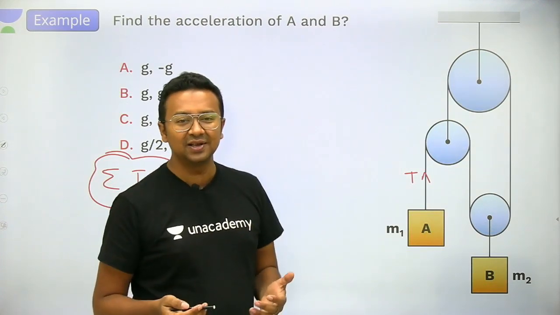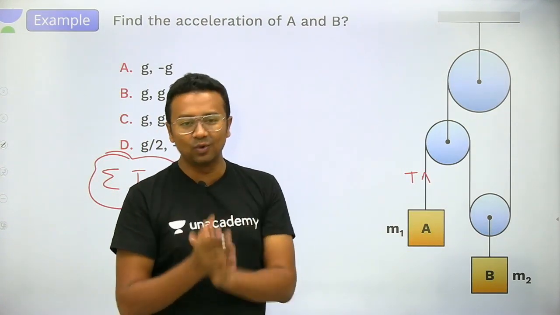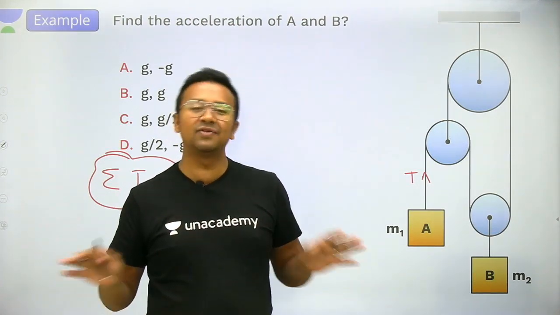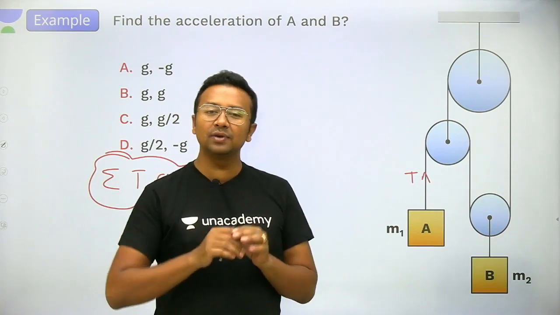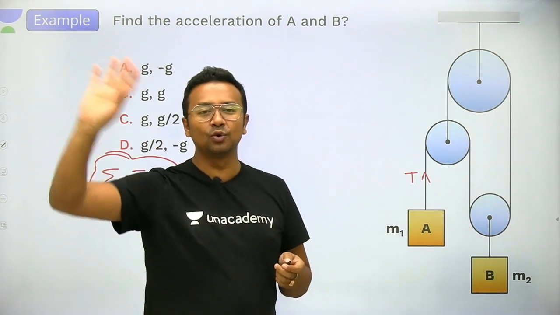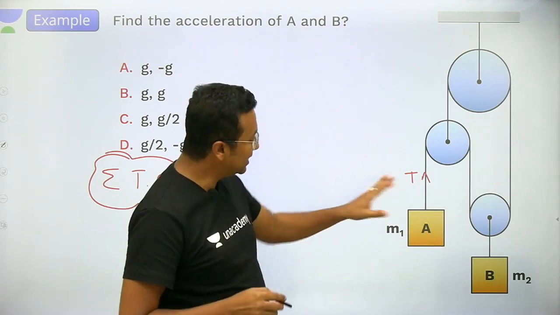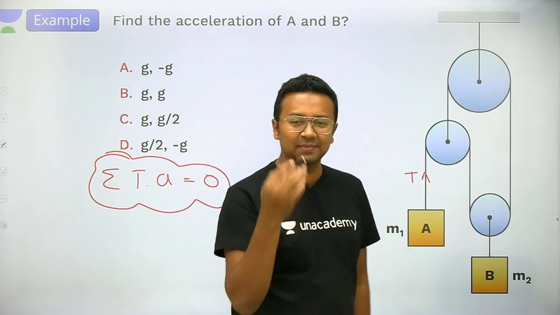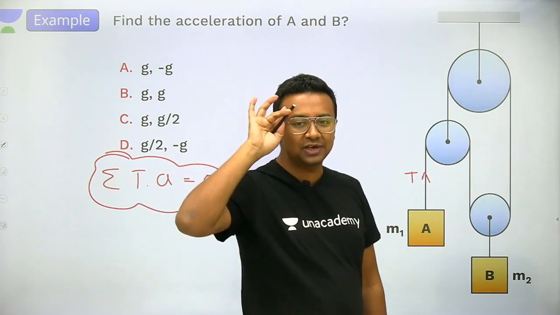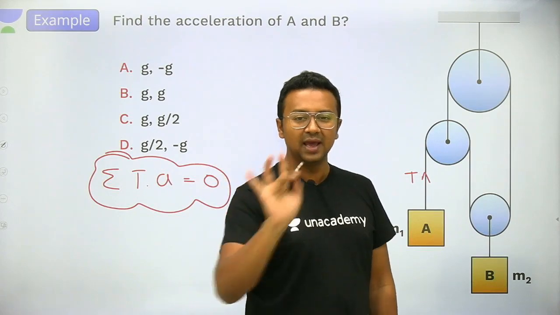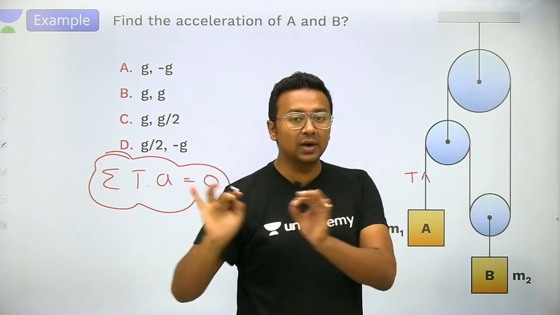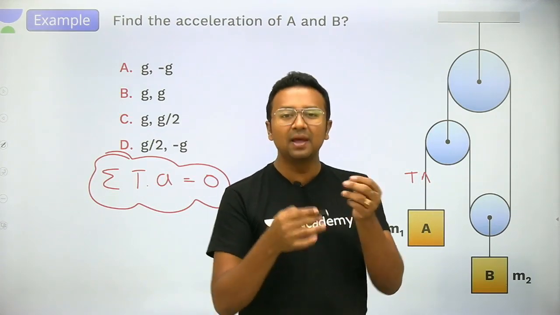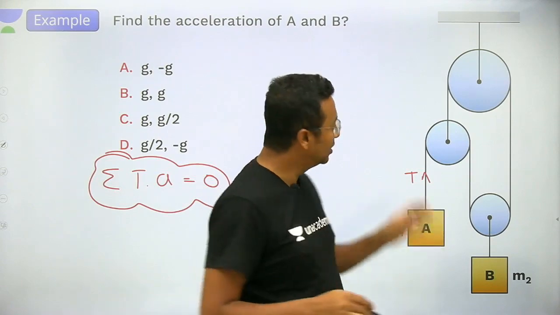We don't have much of an option. We need to keep our eyes open. I told you already, 70 to 80% of the problems you will find pretty comfortable. There is going to be no tension at all. You can easily apply that and sail through your journey. But when you have questions like this, if the first method doesn't work out, do tension distribution. That should be coming to your mind first. If the method that I taught you does not work out for any reason whatsoever, and you are getting stuck and not able to figure out the answer,